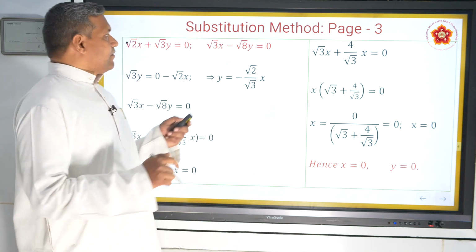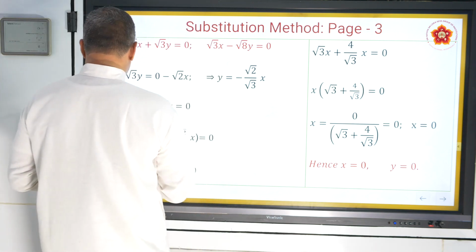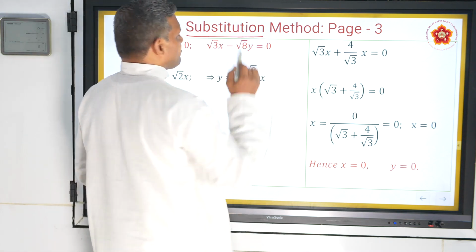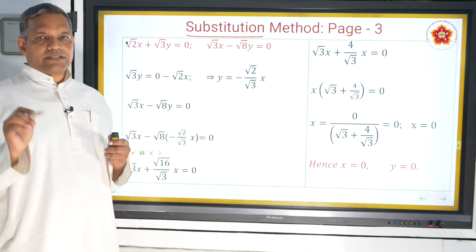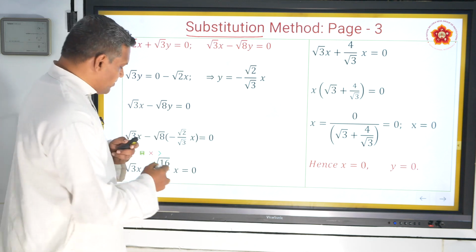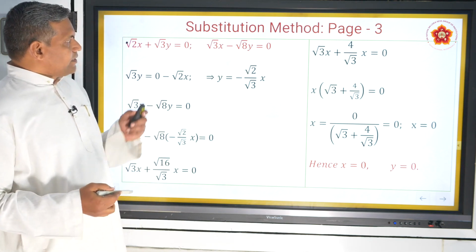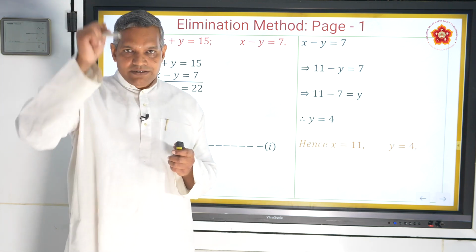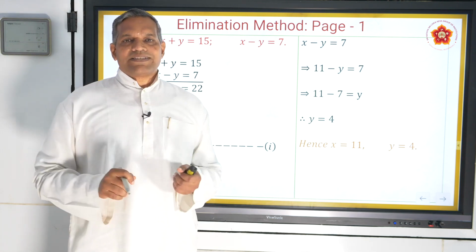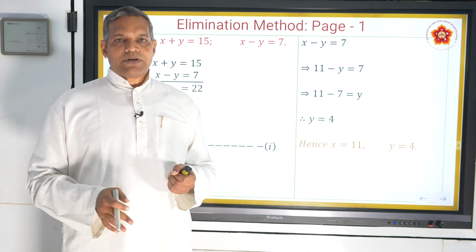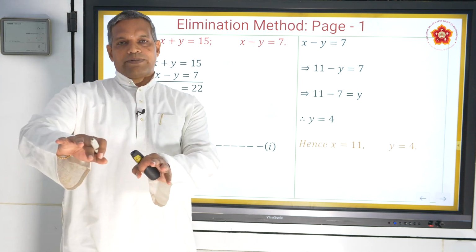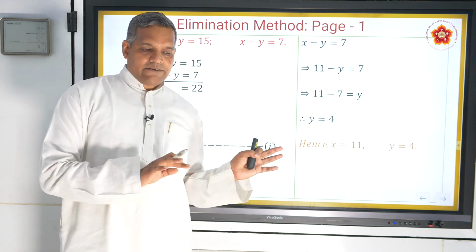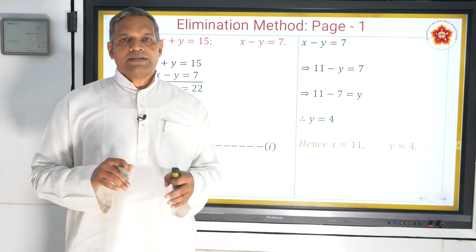More or less we are done with the substitution method. Did you understand the substitution method now? That's all the substitution method is. We'll go to the next method, that is the elimination method. So I told you what is the meaning of a red card. Elimination method. I don't want this guy in my team. Every time he brings problems to our team, and if I remove that player, my team wins. So then I have to eliminate one, either x or y, so that I get the answer.